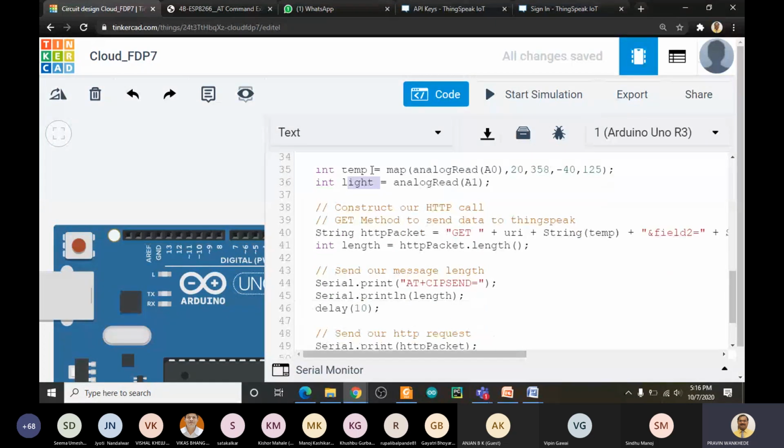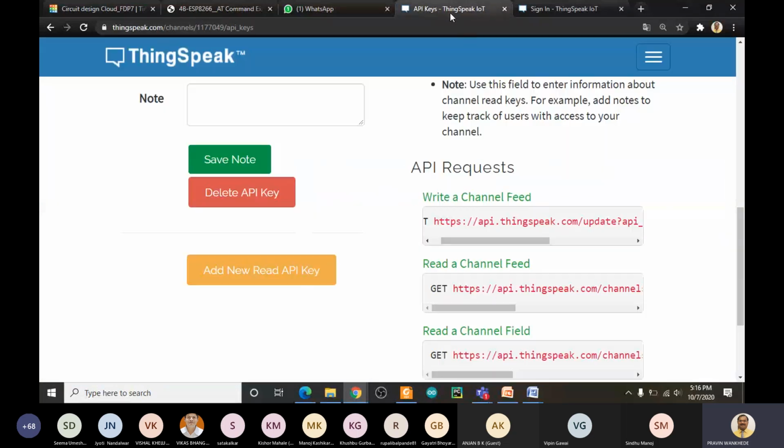Okay, now once we get this temperature value and light value, both the values we would like to send to this ThingSpeak through this format. So the format should be like this: slash update question mark API key is equal to its API key and field 1, then this 0 has to be replaced with the temp. Okay.